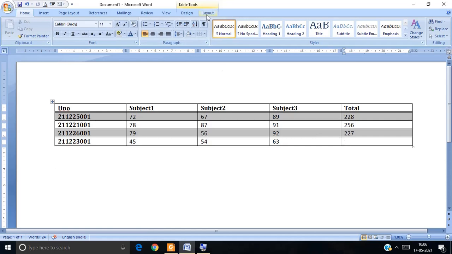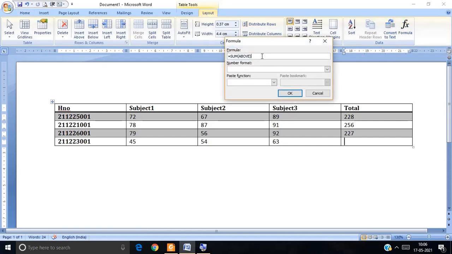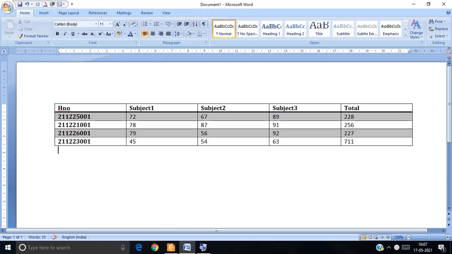Again see, I am going to select the formula here. Here SUM equals ABOVE. So when you press OK, automatically the three cells which are already present here will be selected. And observe this, these three have been calculated.